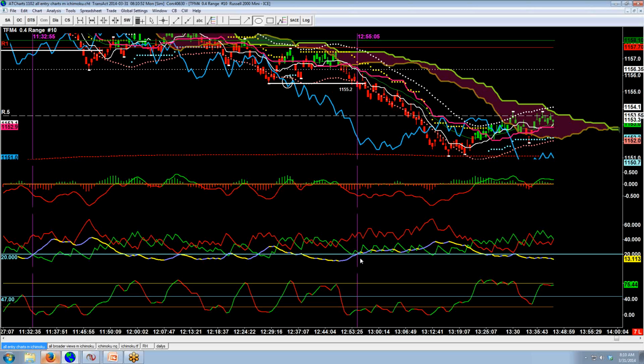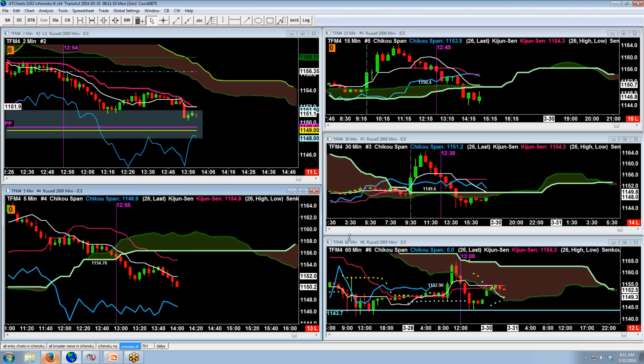Also at the same time we have a counter channel sell setup. So in looking at this, we know that we've got a floor trader pivot area below us here at 53.50, but how you could determine how much room you have in the way of this trade, how much room you have below you, is you can look at multiple time frames. So as I said, this is a 4-tick range chart, and here are the Ichimoku indicators on a 2-minute